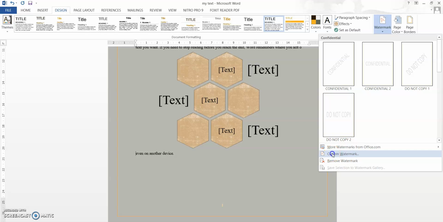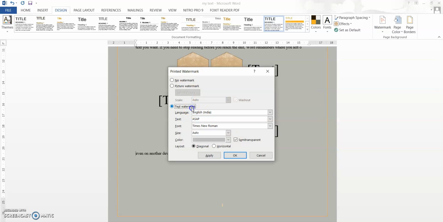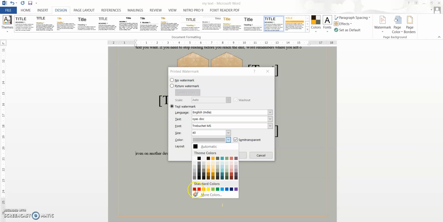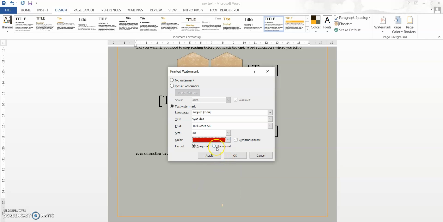Okay, I'm going to custom watermark, but I want a text watermark. The text is ASAP. You can edit this text also. I'm going to put my name, Vyas Doc. You can edit the font, I'll select any font, select the size, any color is possible. If you want to keep it horizontal, see, it will come like this.